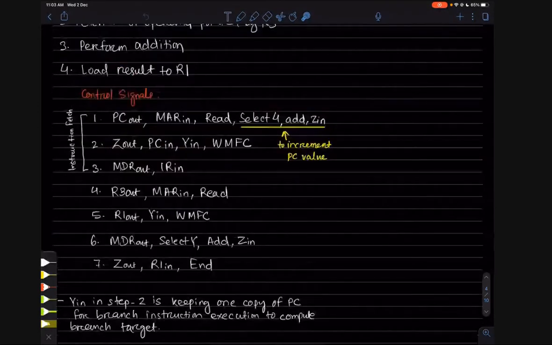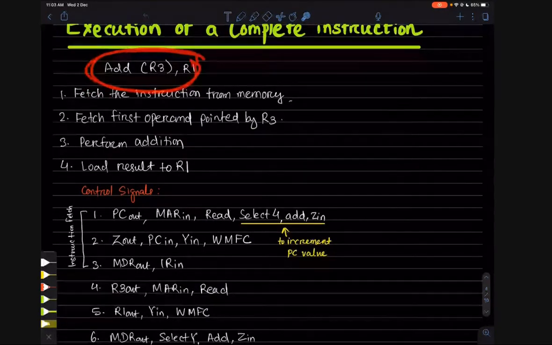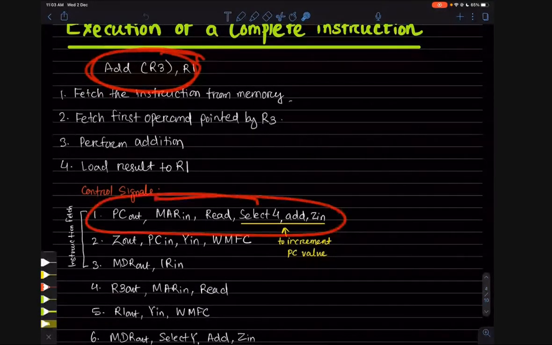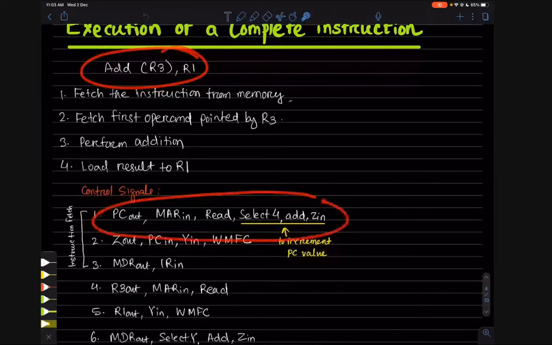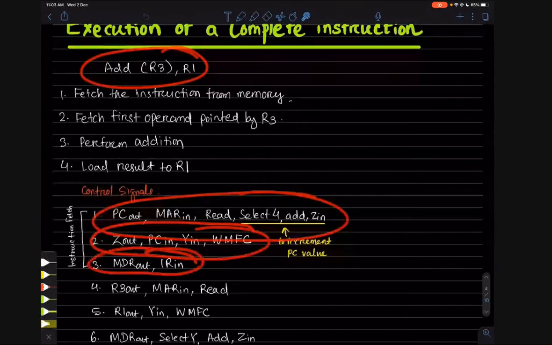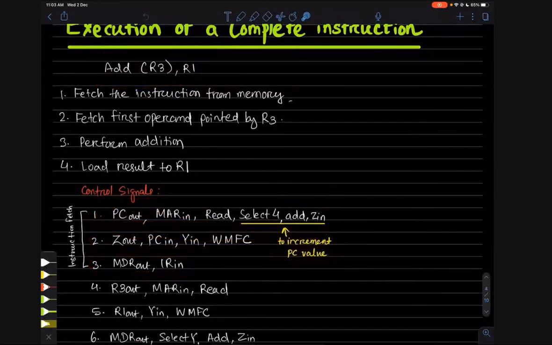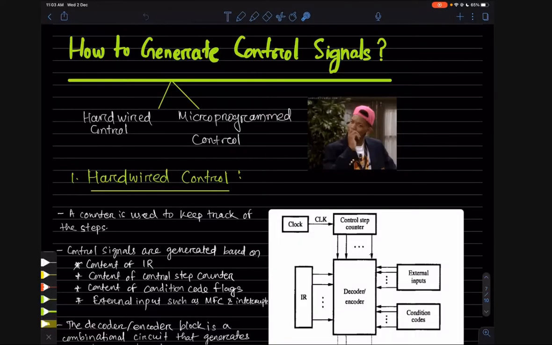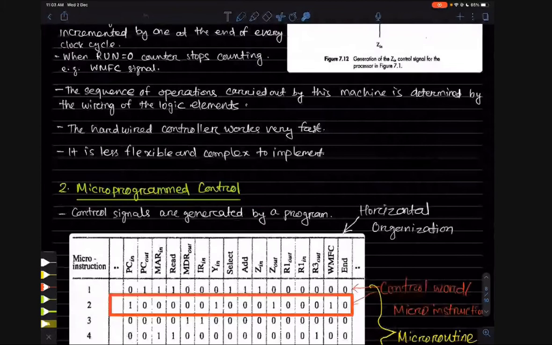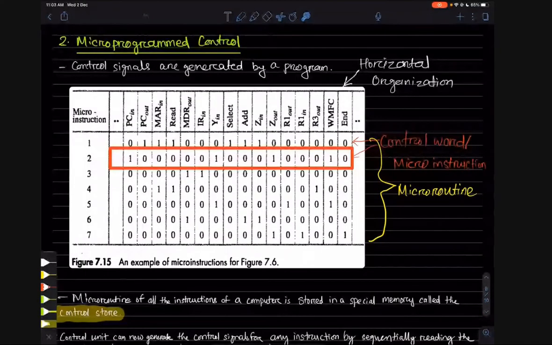Why? Because it is the instruction, and this instruction is divided into small steps. So that's why the instruction is divided into small micro instructions. These are called micro instructions. Now we have to see how to generate these signals for a single micro instruction using software. In the previous class we have seen how to do it using hardware. Now we will see how to do it using software. So these are the 7 steps to do one addition operation.